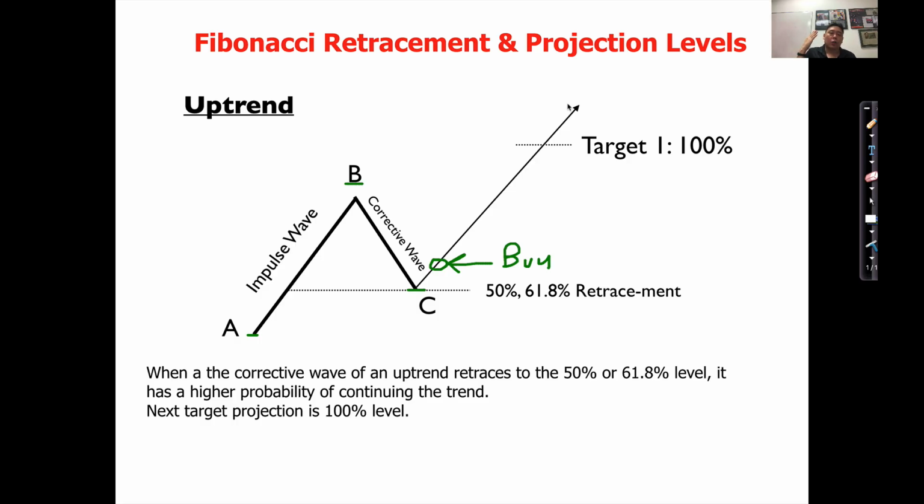Okay. So the question is, how would we know that it is the end of the corrective wave? Now, I've talked about previously that usually at the end of the corrective wave, you find the price hits some kind of support level, right? It could be a horizontal support or resistance. It could be a moving average. But at the same time, guess what? Very often it hits a Fibonacci ratio, okay? So what is this ratio? If you take A to B,